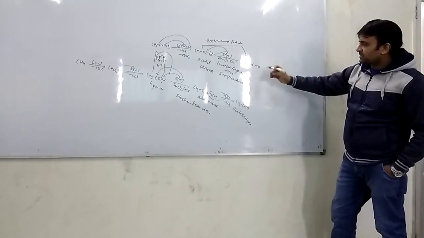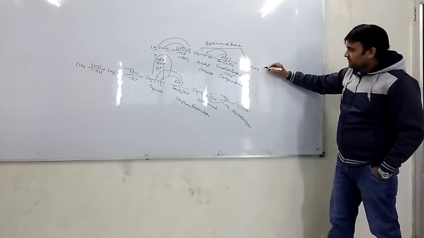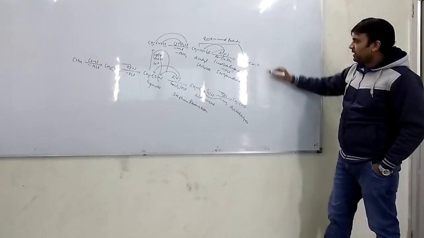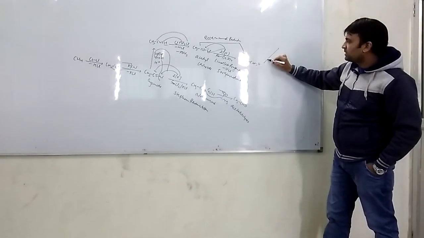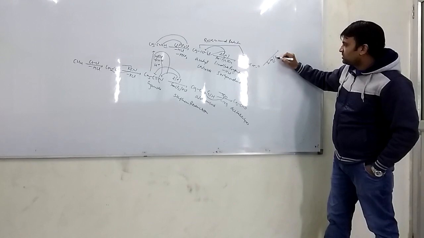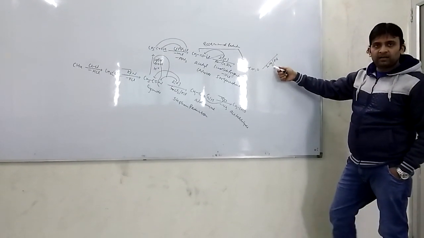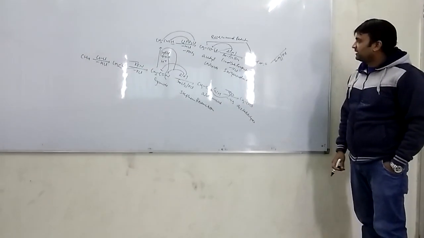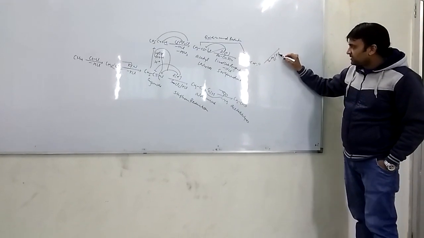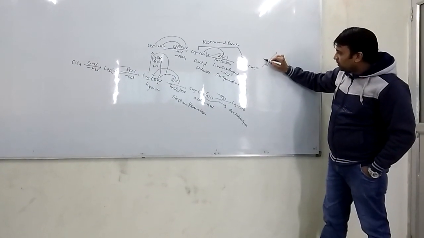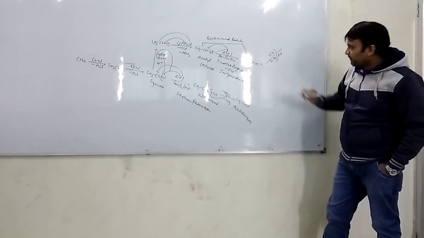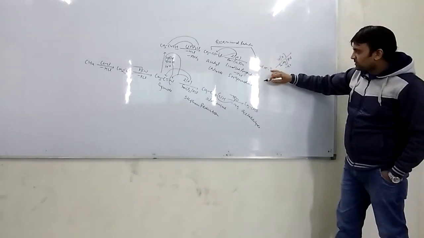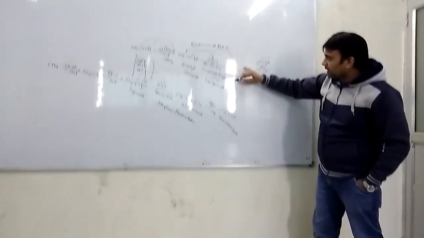Now, the same type of reactions are also carried out in the same direction. Suppose this is CH3CHO, the valency of oxygen is 2. If it is further reduced in the presence of ZnHg and HCl, this is zinc amalgam. When any metal is dissolved in mercury, it is converted into an amalgam. It behaves like a reducing agent. When it is reduced in the presence of zinc amalgam, two hydrogens combine with oxygen to release a molecule of water, and this oxygen is replaced by two hydrogen atoms.